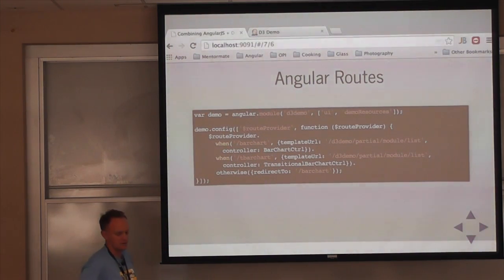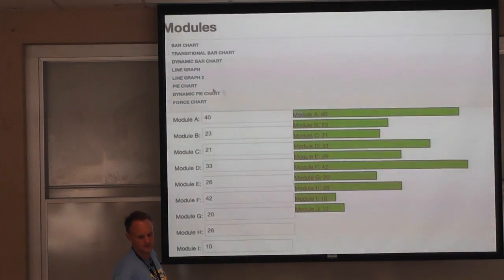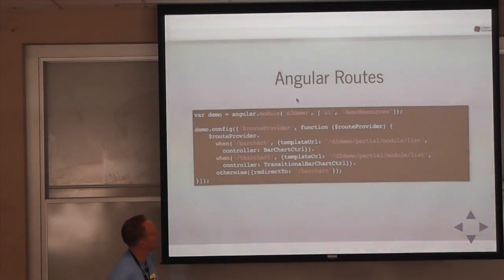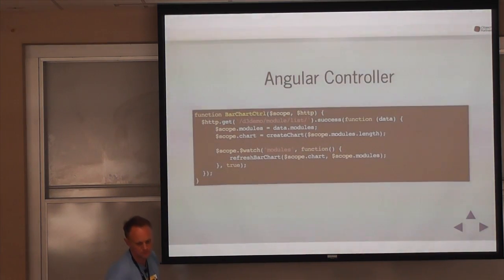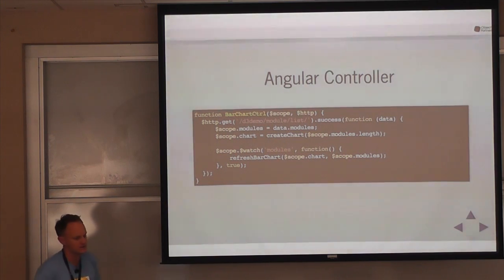So this is a shortened version of what we're doing. Each one of these is an Angular route, so we're using the Angular router to tell us where to go and what to load. So this is a quick snippet of that. It's only covering the top two, but we're telling it what template to load and which controller to use. So that bar chart is getting managed by the bar chart controller. And all the bar chart controller is doing is getting the modules from somewhere and calling create chart,